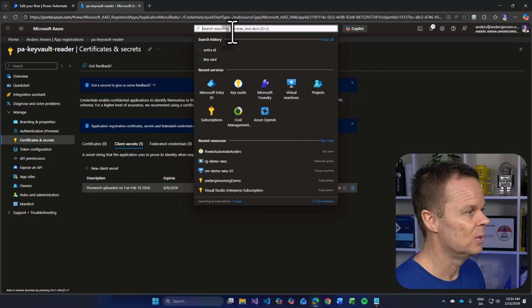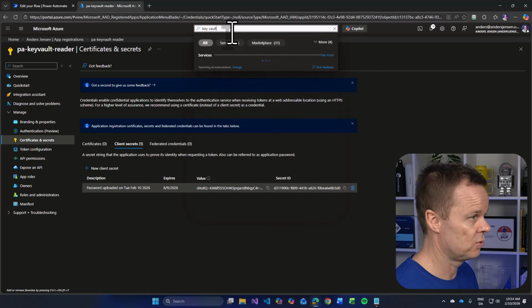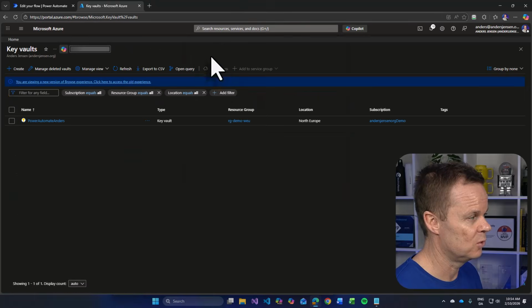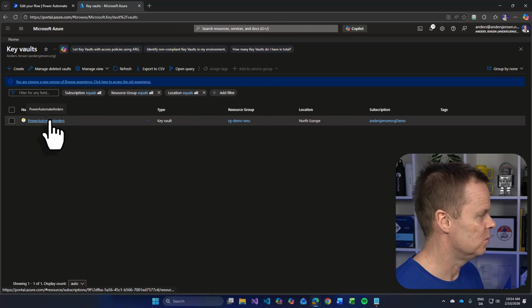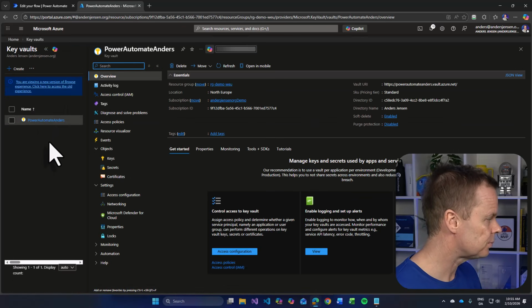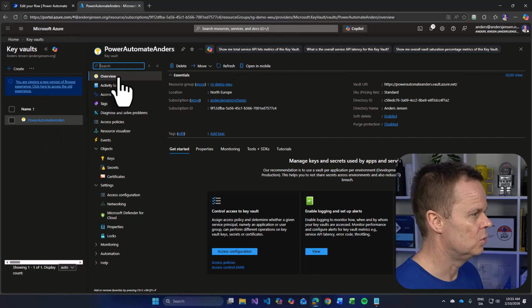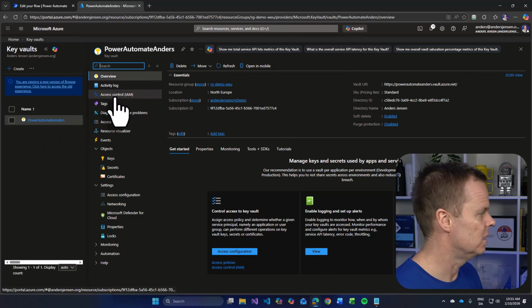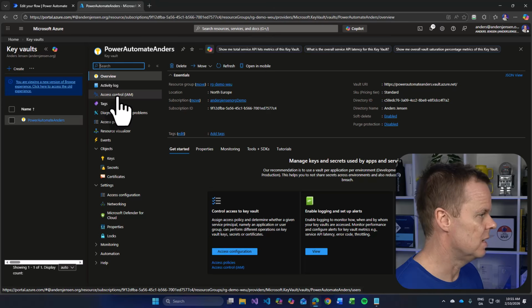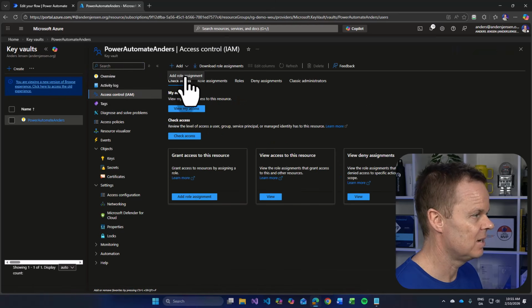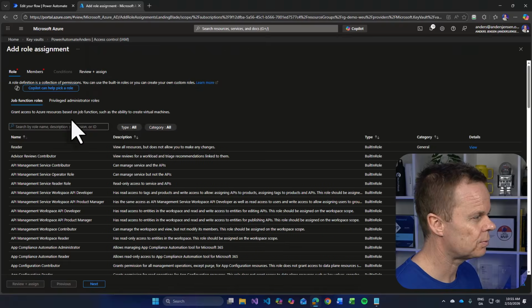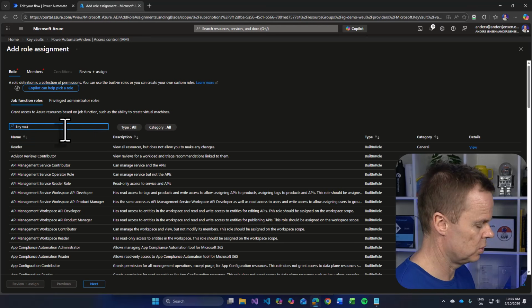So back to the Key Vault. You can search for Key Vault or take it from one of the quick picks. We have the Power Automate Anders. Go inside it. Here you want to make sure that you are over here. You want to go to the access control once more. Hit add role assignment. Here you want to search for Key Vault